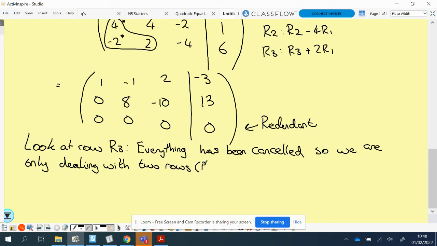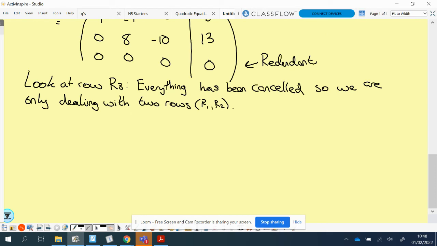Okay, R1 and R2. Okay, they're the only 2 rows that have got any sort of value to them. Okay, so what we need to do, so as we have 3 variables, okay, x, y, and z, and only 2 equations left,